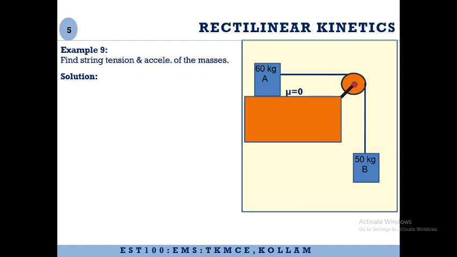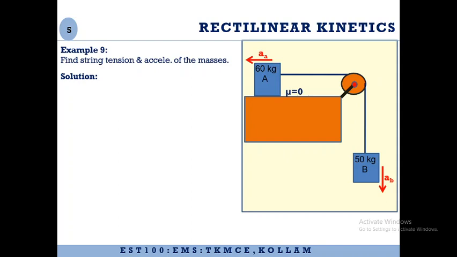The very first step is to assess the tension in the strings. Tension on strings passing over a massless pulley is the same. Therefore, the tension on both sides of this pulley will be the same. Then the next thing we have to do is assess the direction of accelerations. To do this, we will assume that all accelerations are always directed away from the pulleys. So this will be AA and this will be AB, both directed away from the pulley.